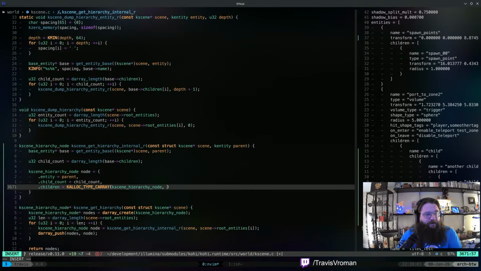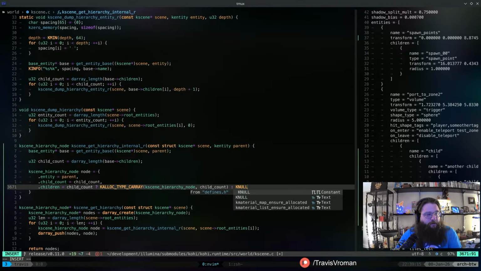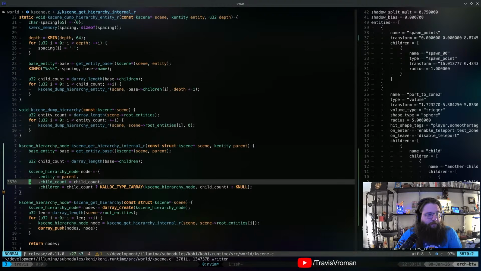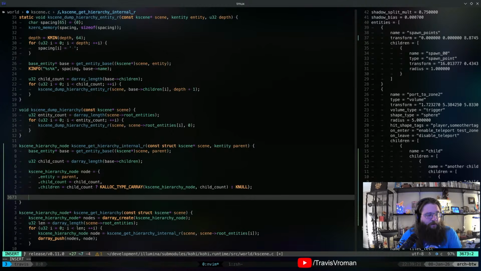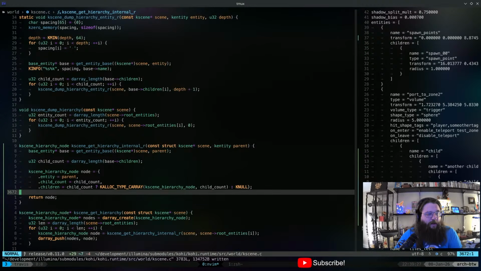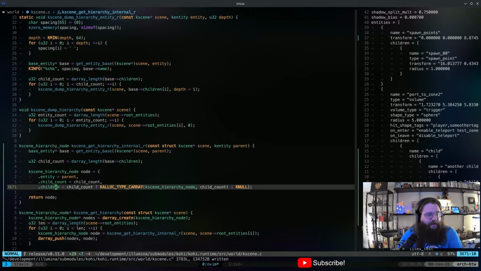And the count is going to be child count. Now, that is going to be the case if we actually have child count. So if we have child count, we're going to do that. Otherwise, we're going to do k null on that, right? And then we will return node. Now, obviously we have to recurse, right?